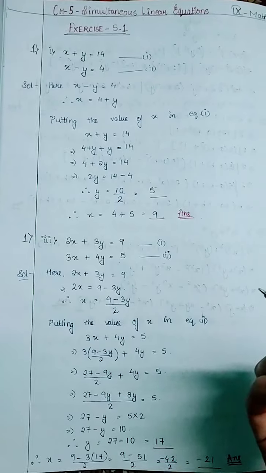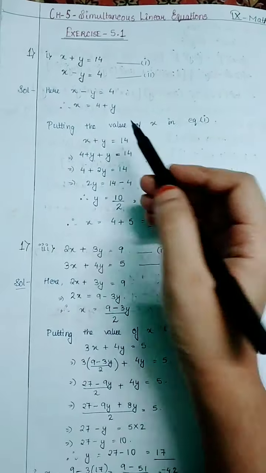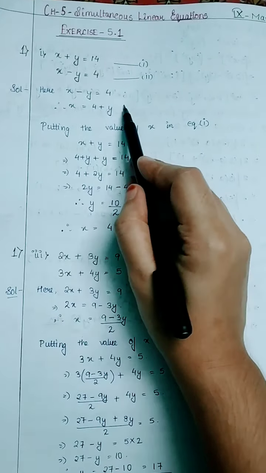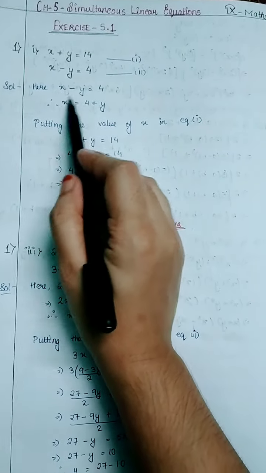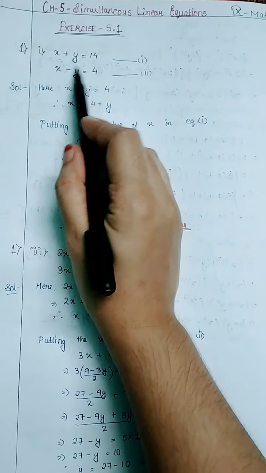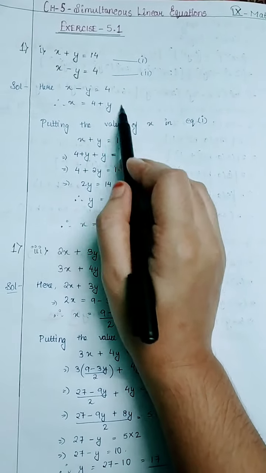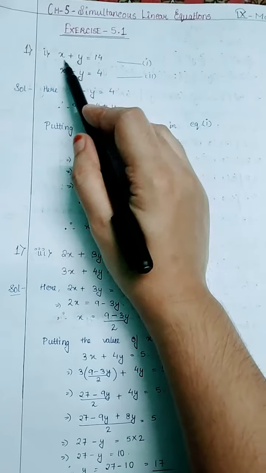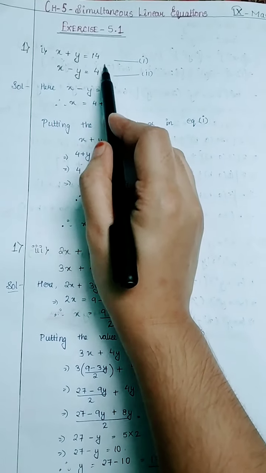Okay, so in substitution method, what do we do? Basically, we just take any of the equations. You can take any equation. I have taken the second equation and you will find the value of any variable. So I have found the value of x. You can do it from y also. So x is equal to this, y will be shifted to the other side, so it will become plus, so 4 plus y. Now this value of x we will put in the other equation. So we have used the second equation, so we'll put it in the first equation.